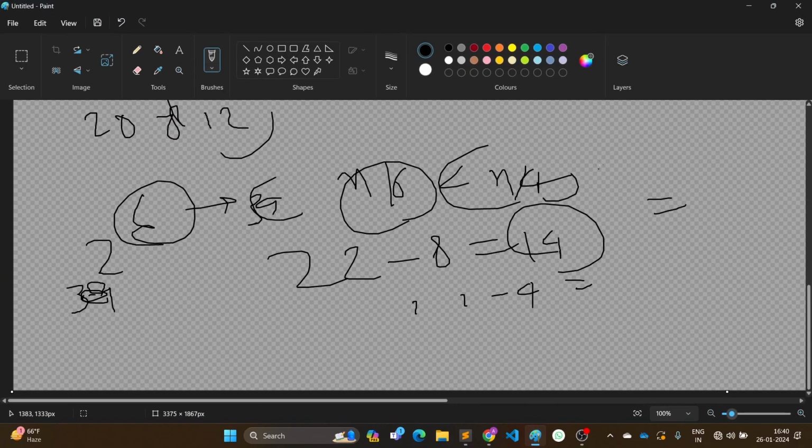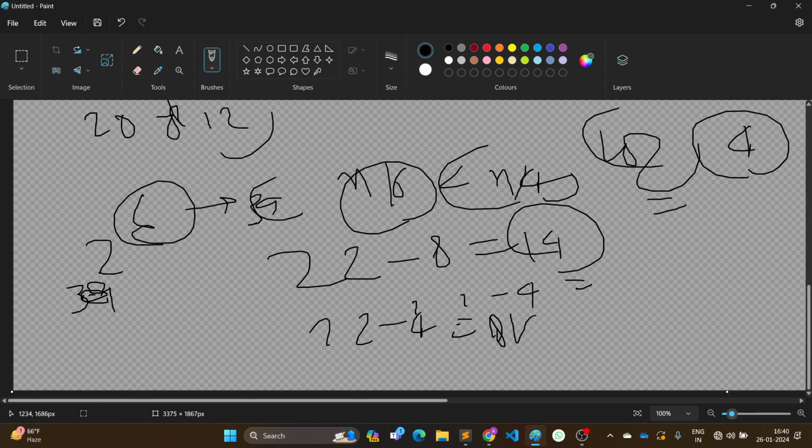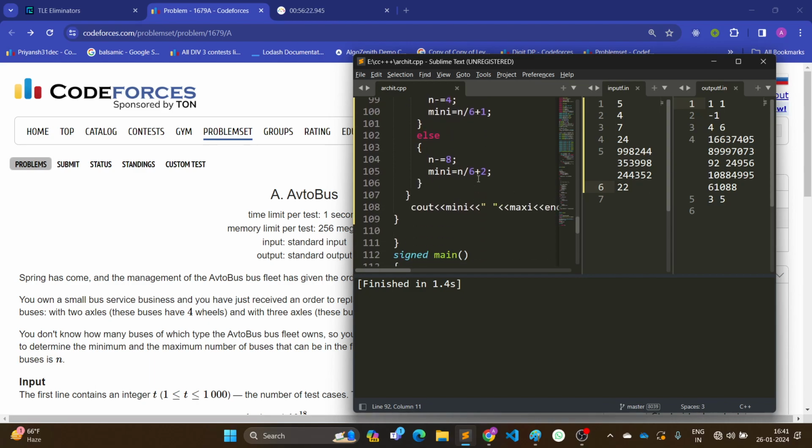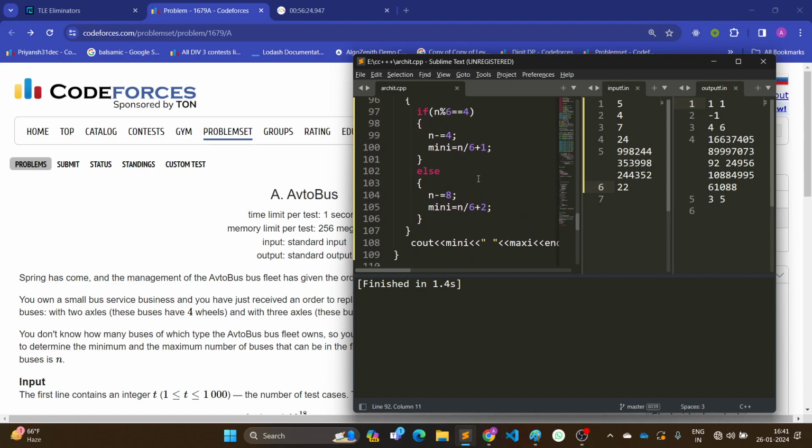N naught 6 ना, सो 18 से डिवाइड करके 4 रिमाइंडर मिला मेरे को। सो नाउ 22 माइनस 4 इज 18। सो 3 बसेस इनको मिल जाएंगी और एक बस तो चाहिए ना मेरे को। ये गलत आ रहा है आंसर। तो 22 आंसर शुड बी 4। ये 2 या 4 रिमाइंडर आएगा।